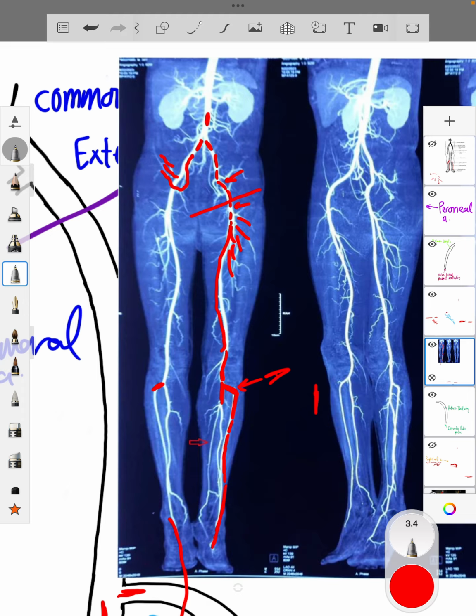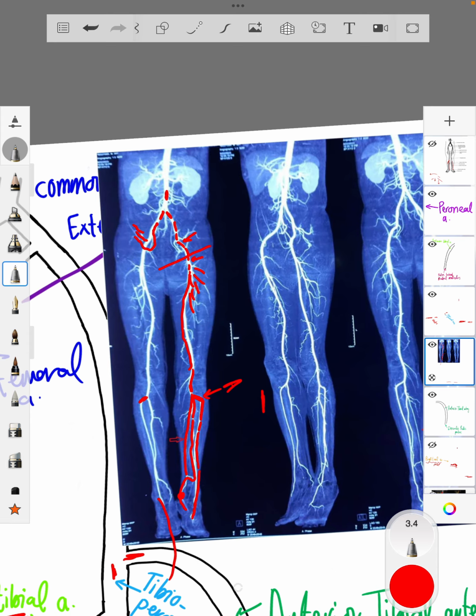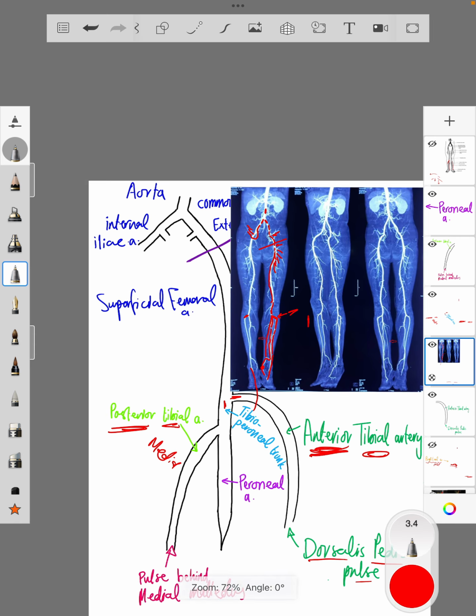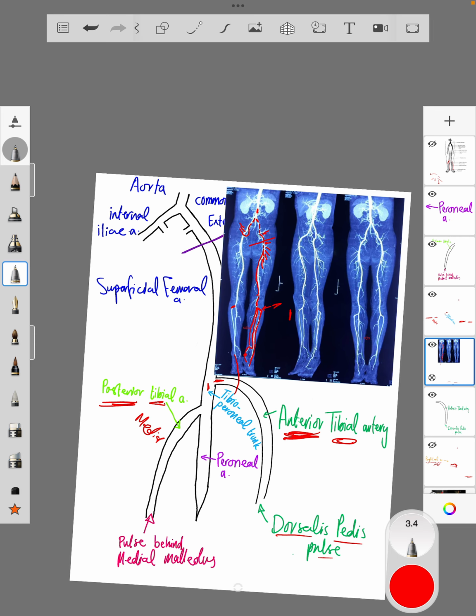and then this is the tibioperoneal trunk. And then you can see over here this medial one. Okay, wait, hold on. So see how this is going straight and ends? This is the peroneal. The one that branches off and then comes like this, and over here, there's a pulse. This is the posterior tibial. And that's it. It's so easy and you'll never forget it, and you'll be able to tell which is which on a CT. And inshallah you get all the questions on this in OSPEs, and in other exams,